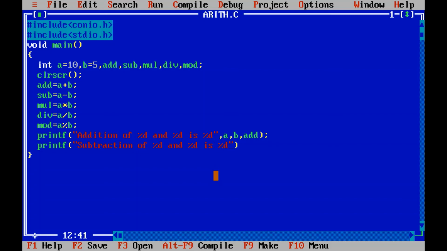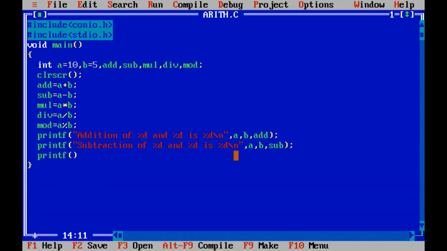I'll use slash n here. Here also slash n. Slash n means new line. So after printing this line, it will come to the next line. It works as an enter key. So here also a, b, and the third value is the subtraction, which is stored inside the sub variable.